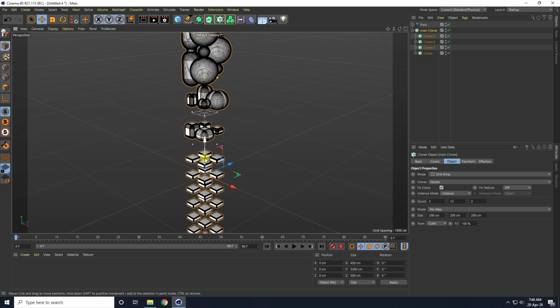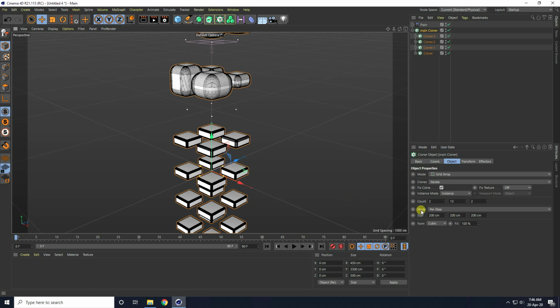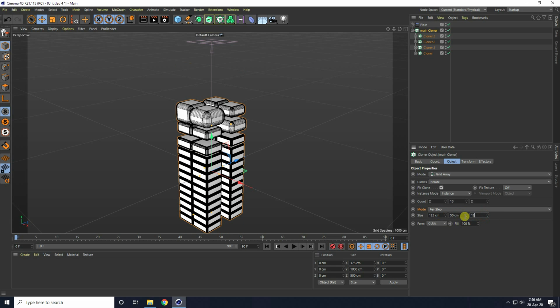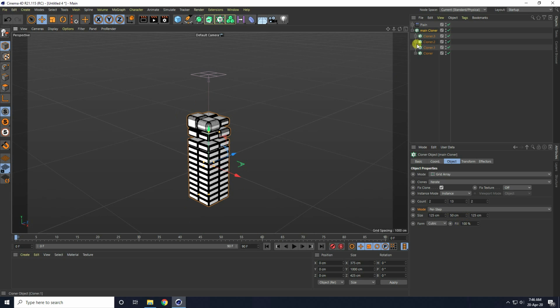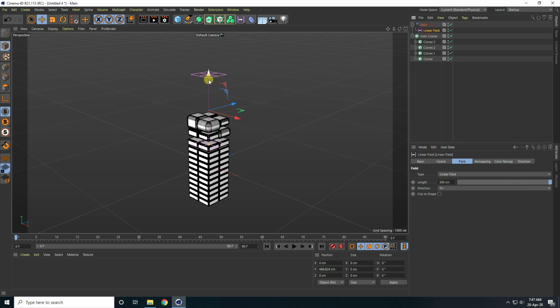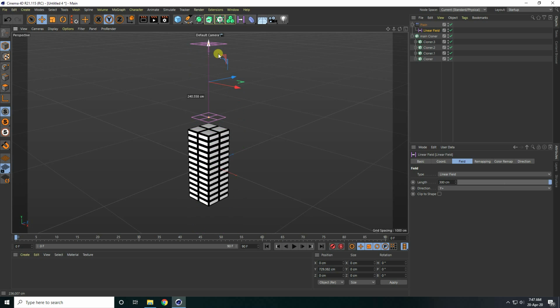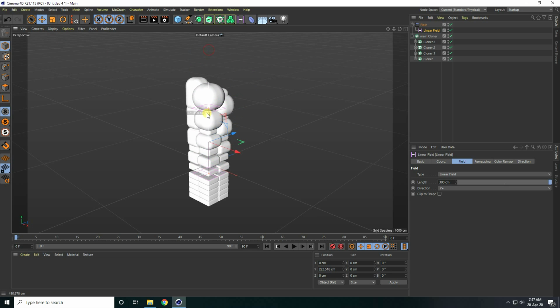Yes, see guys, right? Okay, so change mode, use per step. That's my automatically set per step, and size I take like 15 and 50 and 15. Yes, and select this linear field, and create animation like this. So hide lines. Yeah, that's much better, right? See guys, that's my animation.